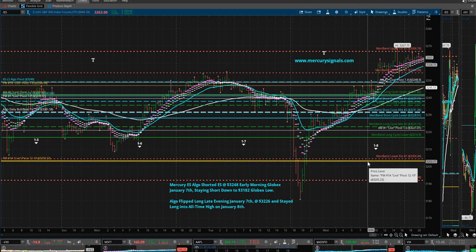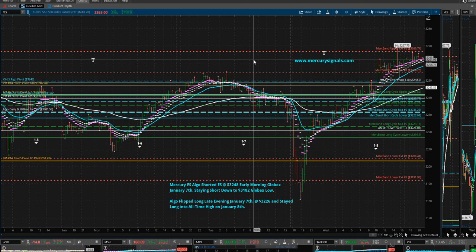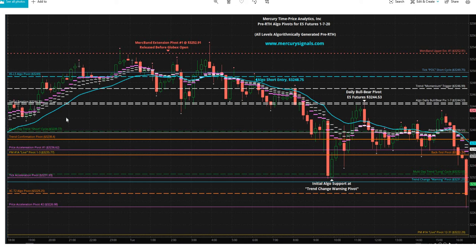I think that's really about it. I could go on talking about this for much, much longer, but I just urge you to give our service a try. You have the live chart where you can see the oscillator all throughout the day, all throughout Globex. We give you the Mercury band pivots at night. The Mercury bands, by the way, these have some wide spaces between them, and that's one of the reasons why we also give you the dynamic pivots in the morning, and that gives you more granularity as to how to trade it. And whether you're a day trader, a swing trader, or a position trader,